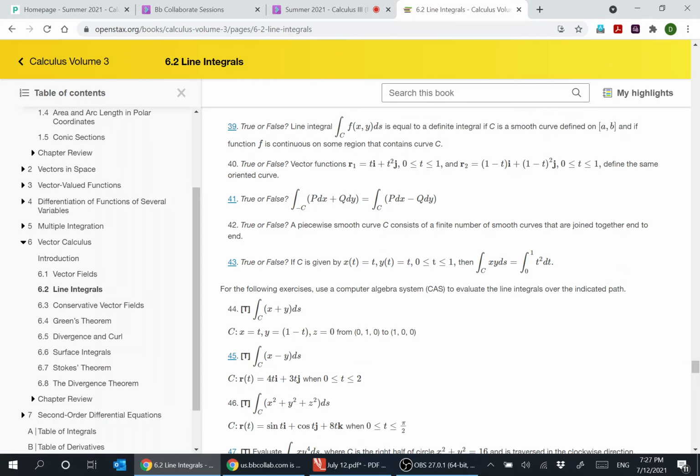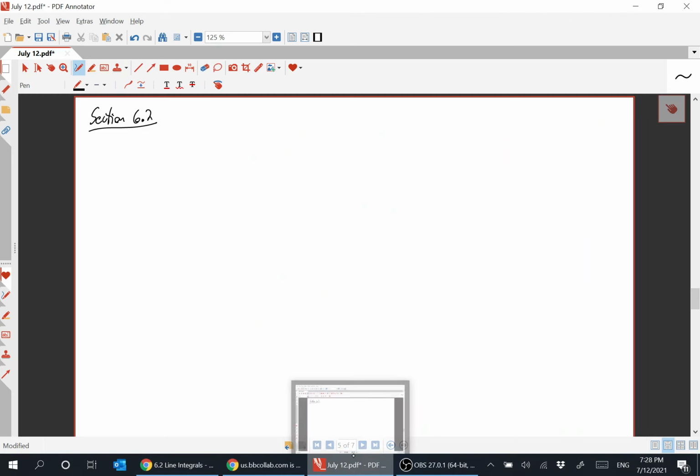Which is what? Is that a vector field? Or is that just a scalar function in x and y? Right? Is that a vector field, or is that a scalar function with x and y? No, it's a scalar function with x and y. So that is the scalar line integral. So we have number 44,